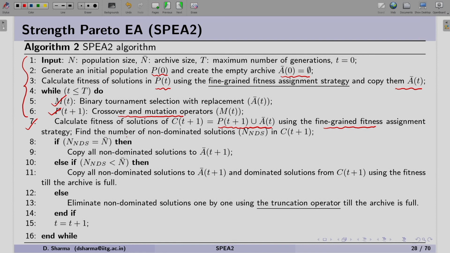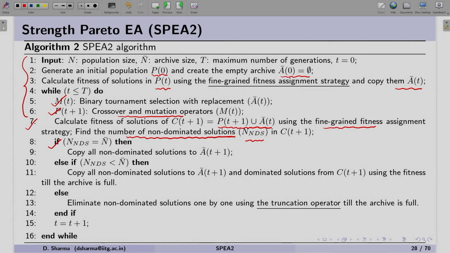Thereafter, we see the number of non-dominated solutions, which is represented as capital N with subscript NDS. NDS stands for non-dominated solutions. When we are finding the number, there are 3 cases.